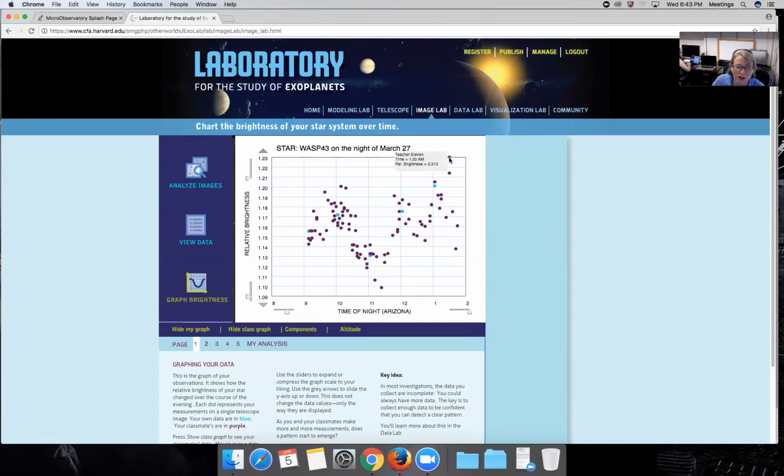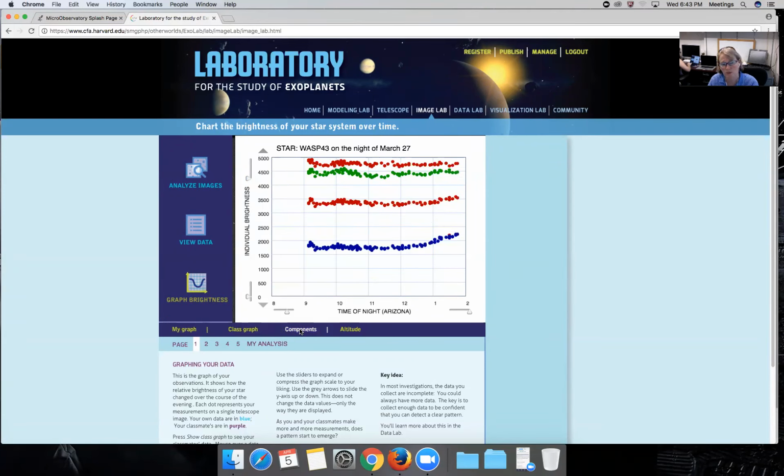And let's take a look at some of the tools to analyze the quality of the overall data set and what might be going on with this 1:30 a.m. point. So that's these tools over here, which are the components, which, as Rory described last week, are the raw measurements for the target star and each of the two comparison stars and the average of the two dark sky measurements. So a few things you can see here,